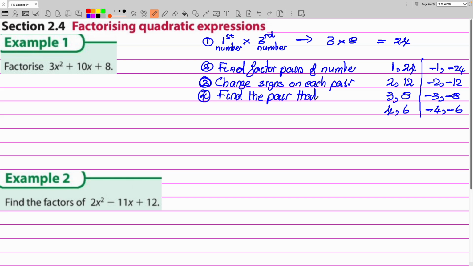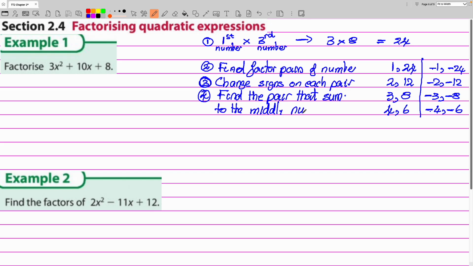that, do you want me to use a fancy word? I can use the word adds, which is a non-fancy word, or I can use a technical word, sum, or sums, which is a technical word for adding, and you're meant to know it. So you could get a question in the exam which says, sum the following numbers. And you go, huh? because you've never heard it. Sum means add them up. So find the pairs that sum to the middle